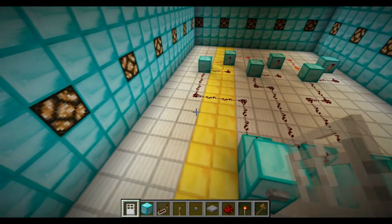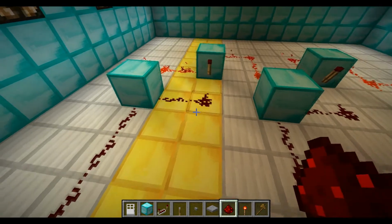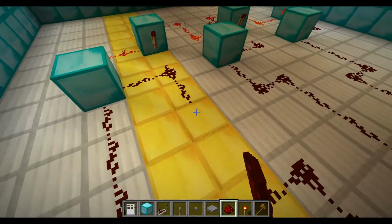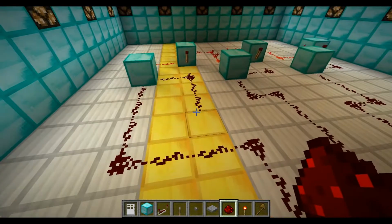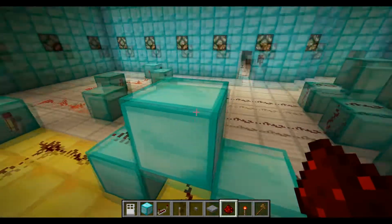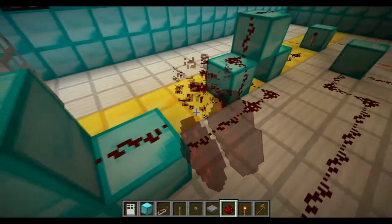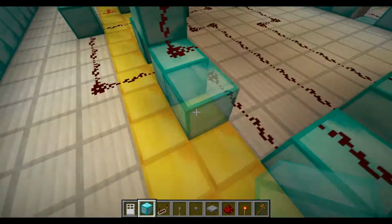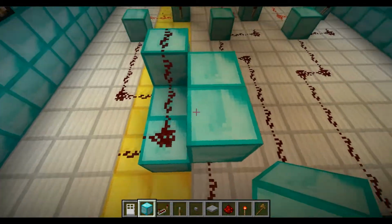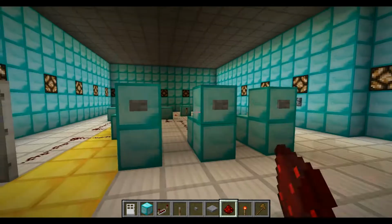So if we want to have our door here to be powered by this redstone, then we have to take this current here and power the door with it. So sometimes you can get it where it's set up and this will be outside this, but most of the time you'll have to either make it go under or over. And also if there are any times where the currents overlap with the rest of them, put a block in the corner and you can see it blocks that off. So we're gonna just have this straight power the door. So 1, 2, 3,